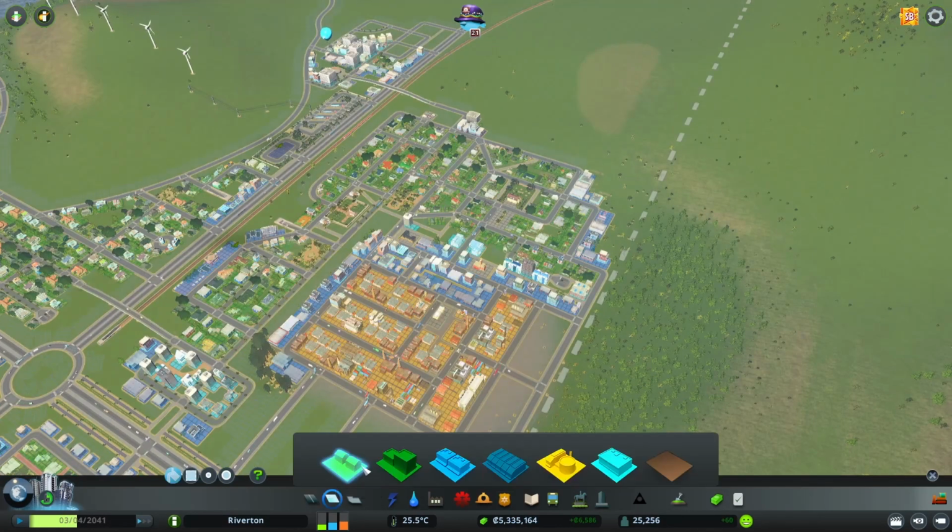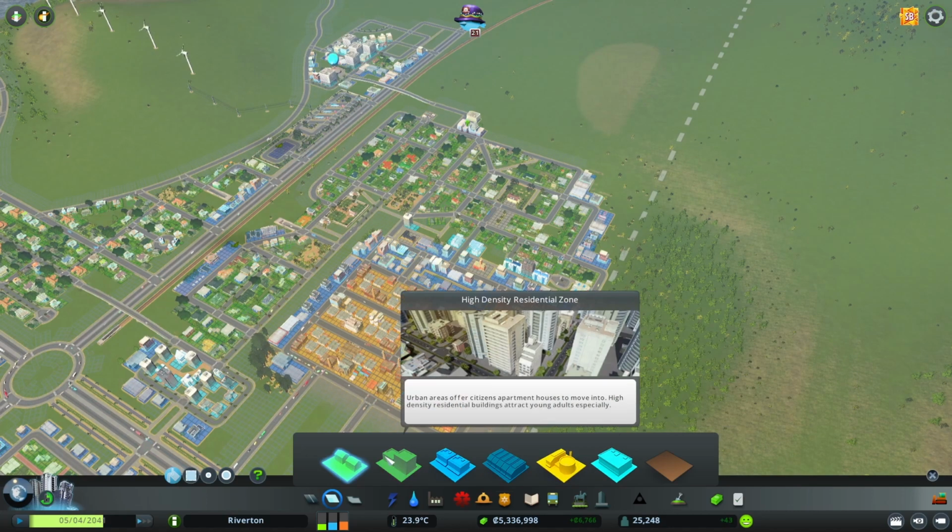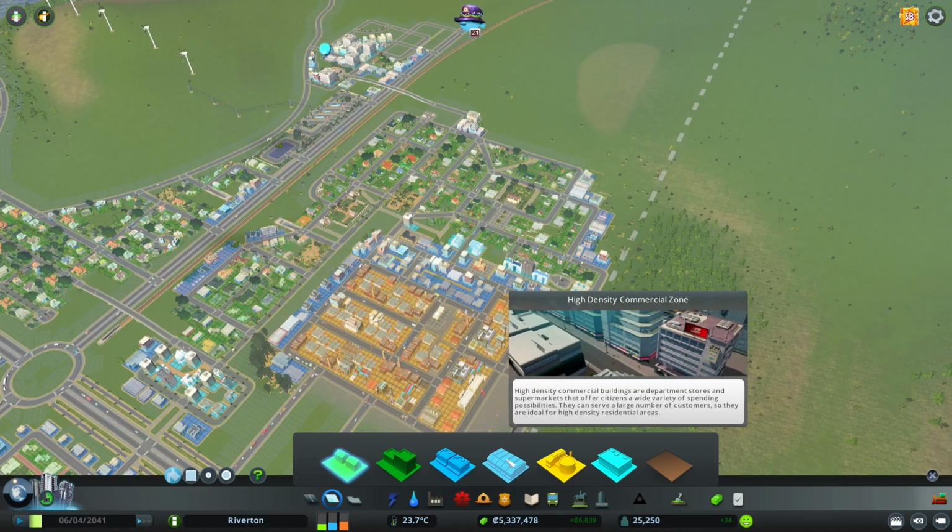Number 2. Zones allow the player to place houses, shops, and industry buildings as those will grow where the player zones them. The different zones are residential, commercial, industrial, and office, which counts towards the industrial demand. For residential and commercial, there's also a high density option, which is available to the player at a later milestone